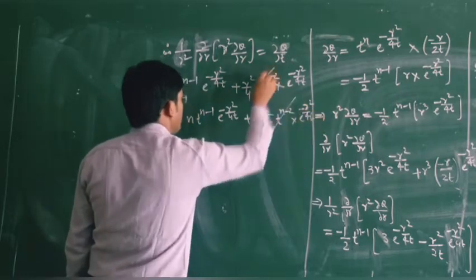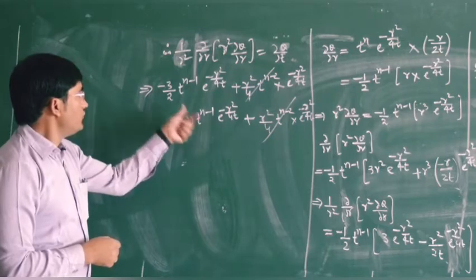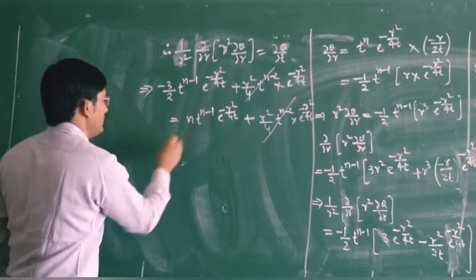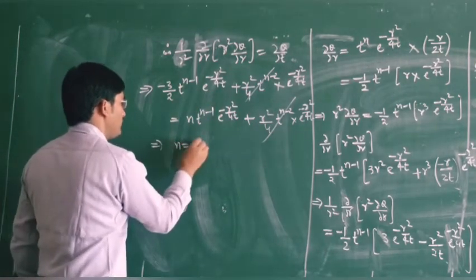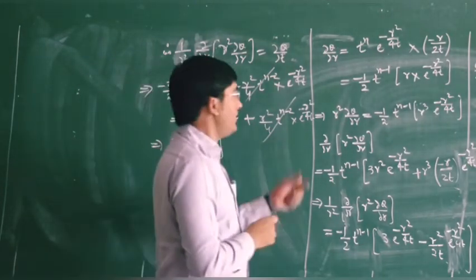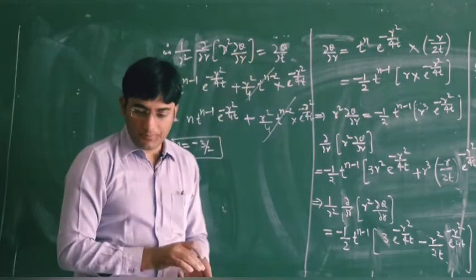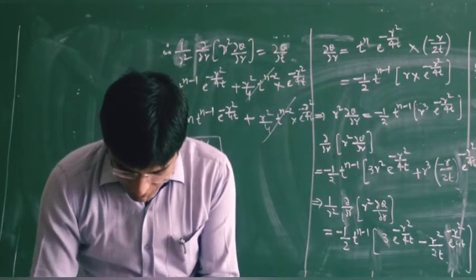Here you can see that this term is cancelled, and again this term will get cancelled, so your n will be -3 by 2. So this is your n, for which we have this left hand side equal to ∂θ/∂t. And then the next question,